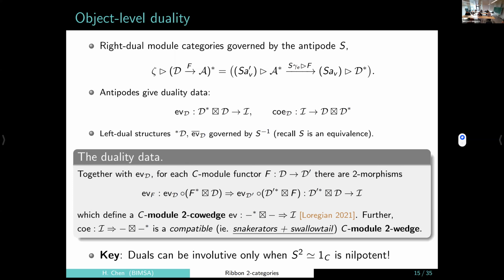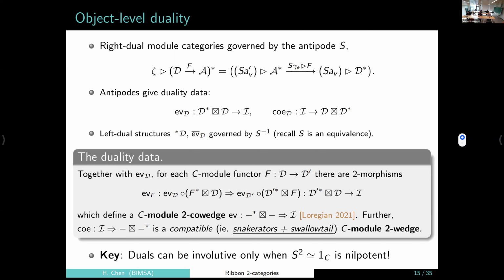And also you have a 2-co-wedge. This data, and also this data, for all objects and 1-morphisms in your 2-category, define for you what's called a 2-co-wedge into the identity, C-mod to C-mod. And moreover, you can also define the co-evaluation, which is a 2-wedge. This one is a 2-co-wedge and that one a 2-wedge. And the antipode axioms tell you that you have this, well, it's just the usual